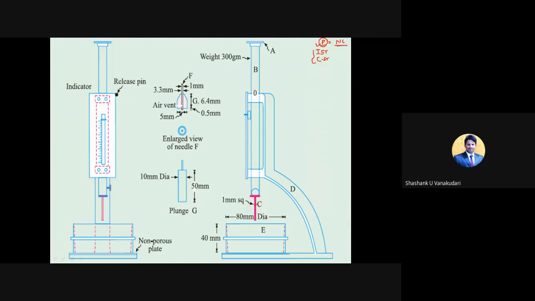So yesterday's procedure is very clear to you, right? Normal consistency is nothing but what? The amount of water required to make the standard cement paste, which is measured in terms of percentage. Clear? At what percentage you will get the standard cement paste, that percentage of water we need to find out in this normal consistency test. We added a known quantity of water by making several trials. First we conducted for 25%, 26, 27, 28. We go on increasing by 1%, and then we noted down the initial reading as well as the final reading.